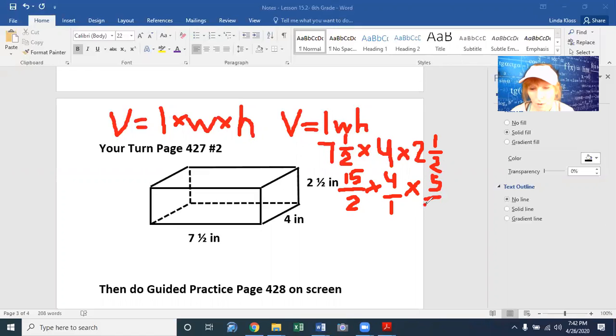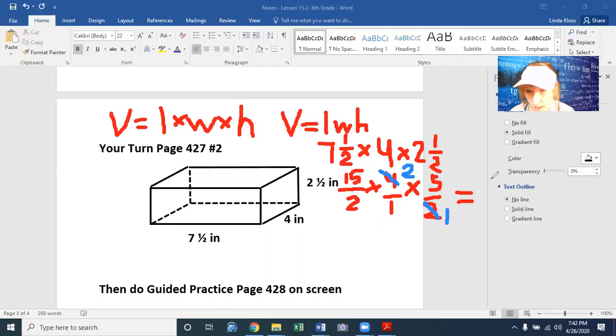Okay. Now, can we cancel anything? Well, a little bit, right? Take a look and see. I'm going to change colors so we can see what we're canceling. Well, the 2 will go into the 4, right? So I'm going to cross off the 4. 4 divided by 2 is 2. 2 divided by 2 is 1. We did a little bit of canceling, not a lot. So now we're going to get